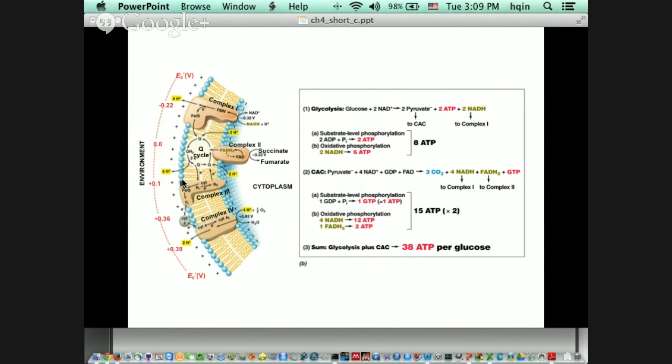You can see how many protons are pumped out, right? So NAD gives 4 protons here, and then this is complex 1, 4 protons are out. Complex 2, another 4 protons. Complex 3 gives out 4 protons. Complex 4 gives 2 protons. So altogether, from top to bottom, there are 10 protons out. Right, 10 protons are out, but for one glucose